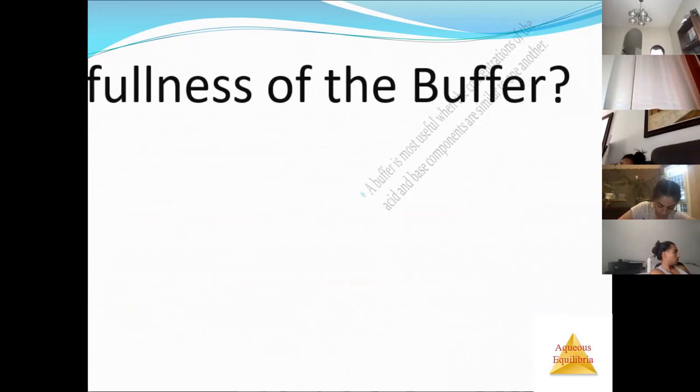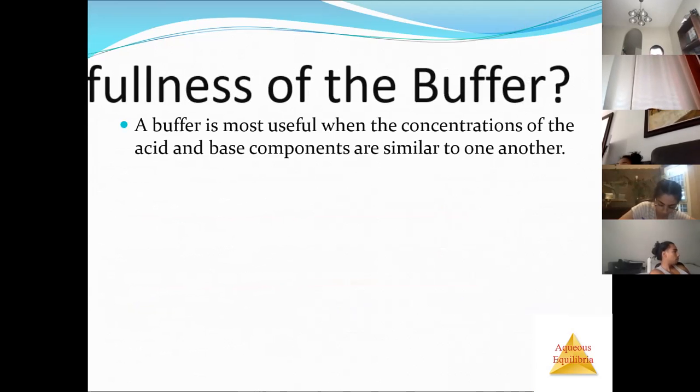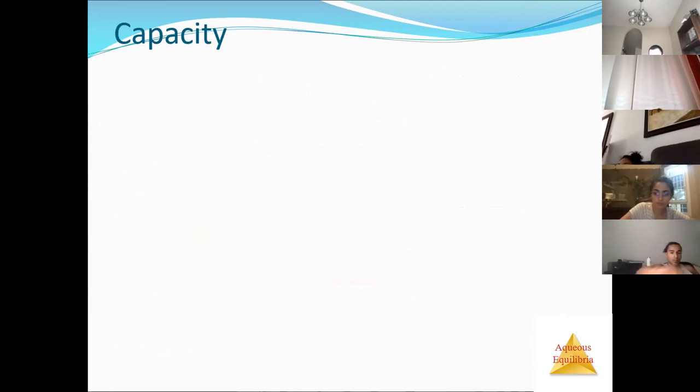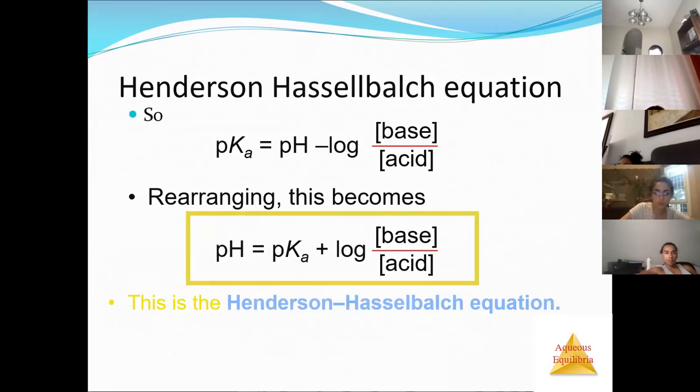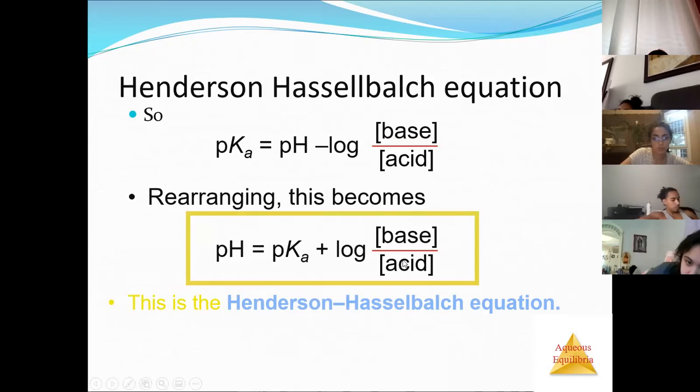Now, a buffer is going to be most useful when the concentration of the acid and the base are real close to one another. Let's look at the Henderson-Hasselbalch. What happens when the base concentration equals the acid concentration? What is that ratio, base to acid, then? If the concentrations are equal,